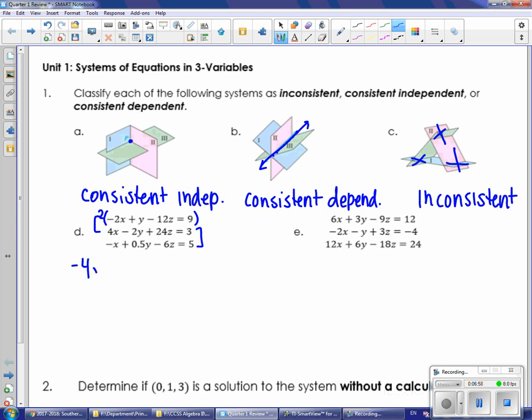I'm going to have a negative 4x. That's going to lead me to a positive 2y. If I distribute the 2 to the negative 12, that's going to give me a negative 24z. And then don't forget to distribute the 2 to the 9 as well. That's going to give me 18. And when I combine it with the second equation,